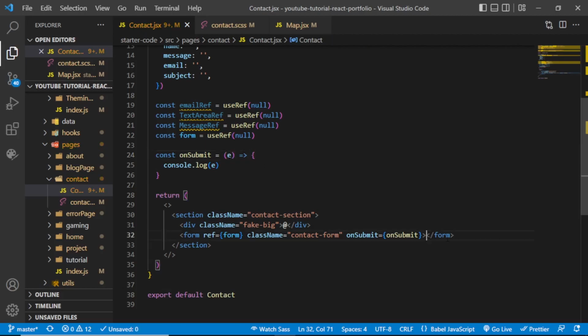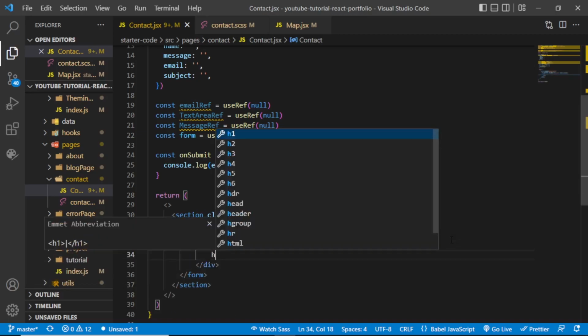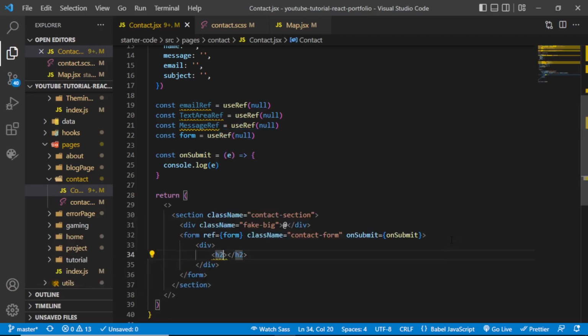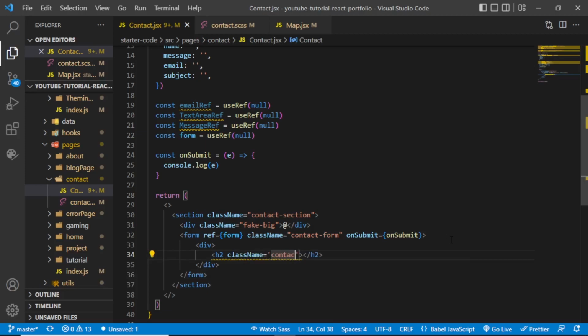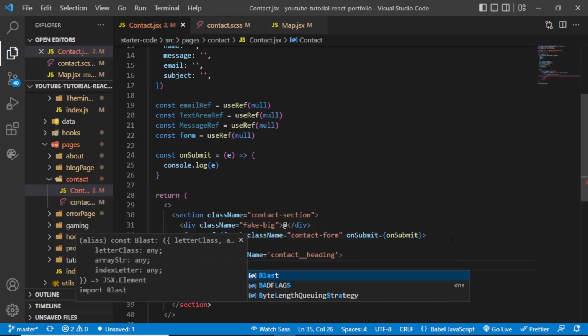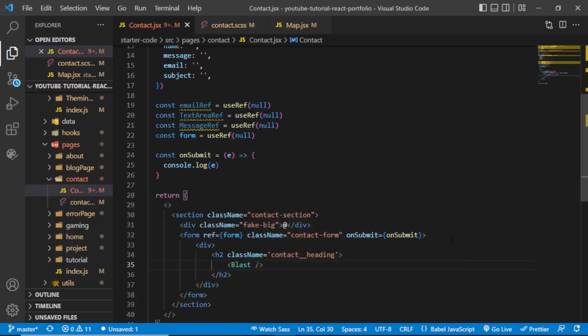And inside the form tag, I'll go with a div, and inside this div I'll go with my h2, and the h2 is going to have a class name of contact_heading, and inside the h2, remember, we have our blast component, and it has three props. The first one is the letter class, the second one is the array string,